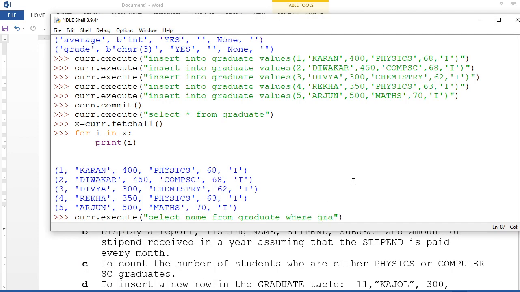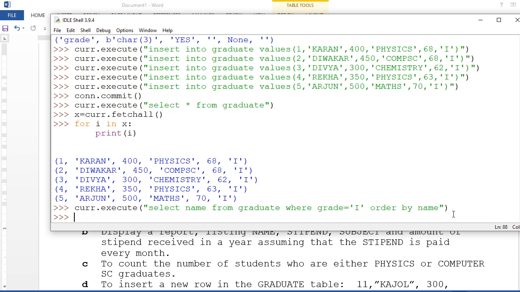Where grade is equal to I, in single quotes. And then it is asking for name also, so I'm going to write here order by name, ordered by name. Got it? So I am going to press the enter key. See, this got executed.